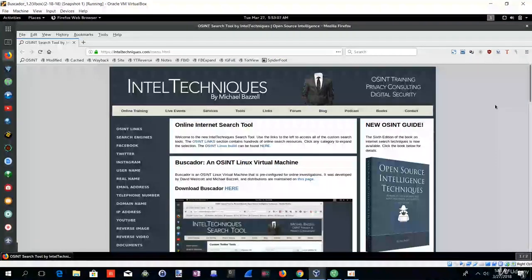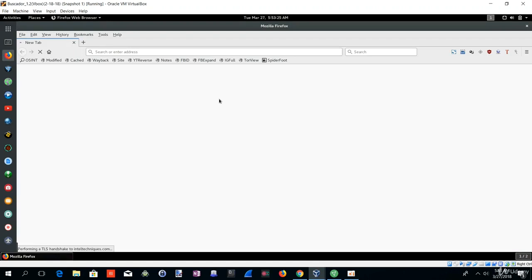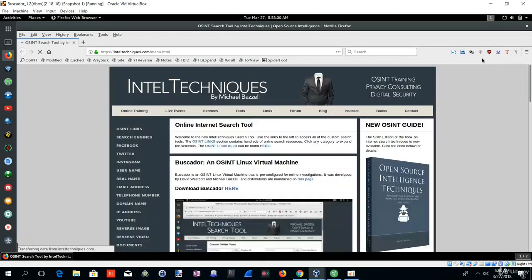In this video, we're going to be taking a look at a program called User Agent Switcher. It's one of the programs that's already installed in Buscador. So let me close this out real quick. So if you open up Firefox inside Buscador, let me give this a second to load up here. You'll notice some programs up here, over here in the right-hand corner. Now, User Agent Switcher is going to be this little globe icon with this line there. So if you click on this,